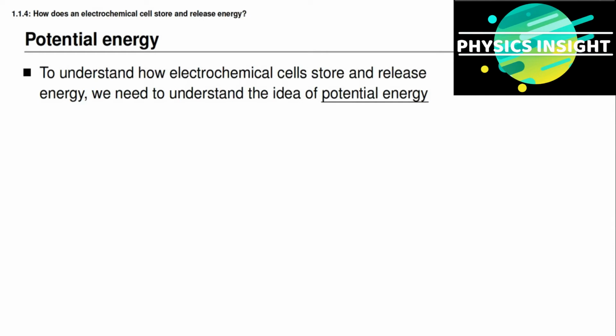In the previous lesson, you learned about the components that make up an electrochemical battery cell. You saw in a fairly abstract way how electrons move when the cell is charged and when it's discharged, but I didn't really explain why electrons move, and in this lecture topic I hope to talk a little bit more about that in detail. To understand how electrochemical cells store and release energy, we need to discuss the idea of